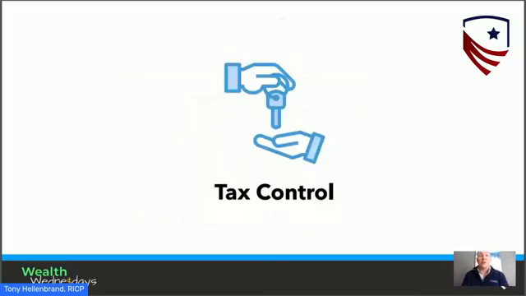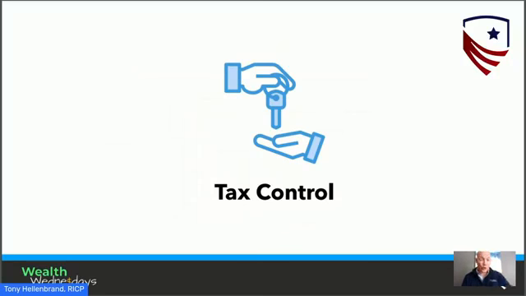That's not even the biggest problem that I have with mutual funds. So we've talked about the expense ratio. We've talked about that hidden fee and cash drag. Now we're going to talk about, in my opinion, the most dangerous piece of the mutual fund, and that's tax control. And I'm going to say this. When you own a mutual fund, you have surrendered control of your tax return to that mutual fund company.